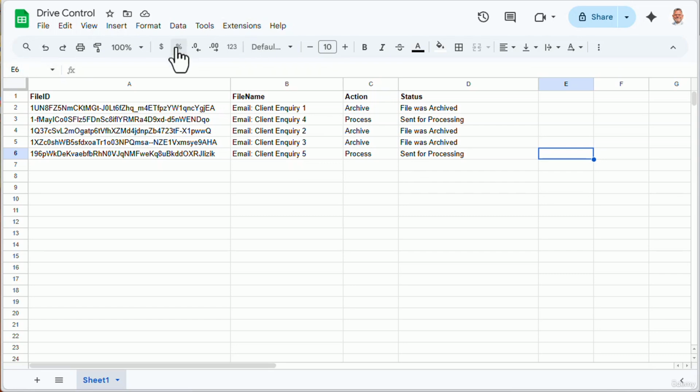We've got this drive control sheet, which is our checklist. It lists all the files and what we're trying to do with them. So we have the file ID, file name, and then the action. Do we want to archive it? Is it maybe not important? We're just going to archive it, or do we want to actually process it? And we've got two here that we wanted to process. And in the automations, when we sent a file for processing, the status over here was set to sent for